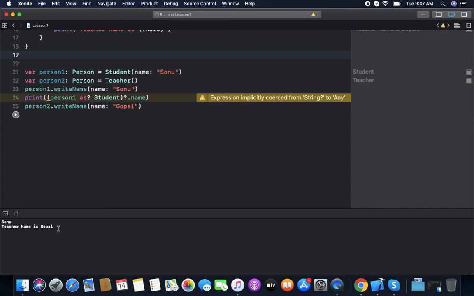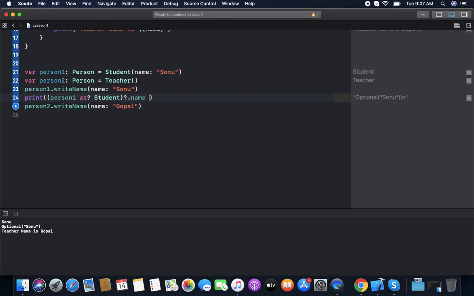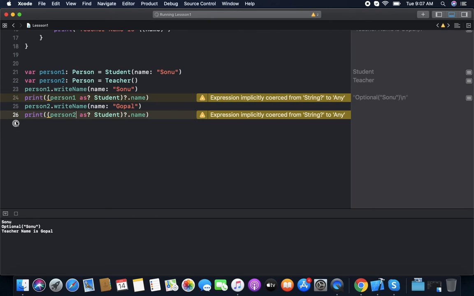It will be optional, because it can be nil: person can be a student, person can be a teacher. It is not compulsory that it's a student, and if it is not a student, it will return nil. If we do the same thing with person two, it returns nil because person two is a Teacher type. It does not know about the student. It returns nil.